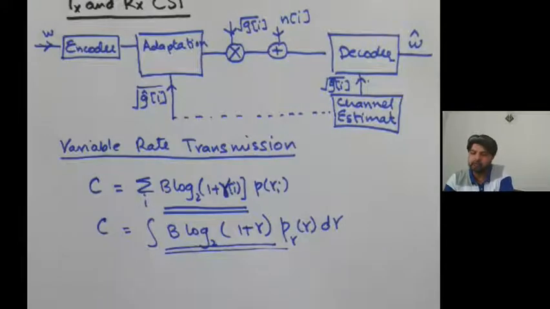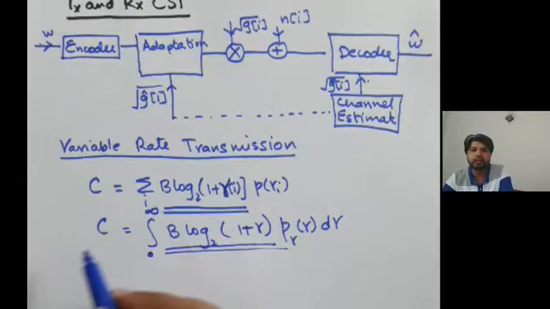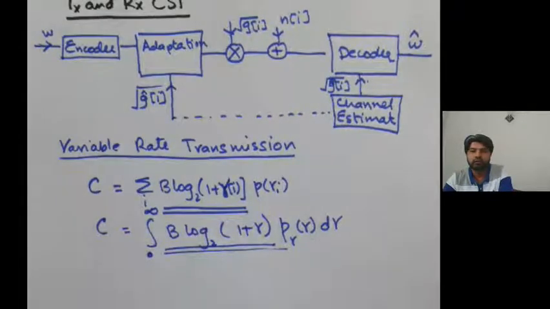And we get the same equation, the integral from 0 to infinity of B log base 2 of 1 plus gamma, times P of gamma, d gamma, which is not different from what we got when we had Rx CSI only. The reason here is that